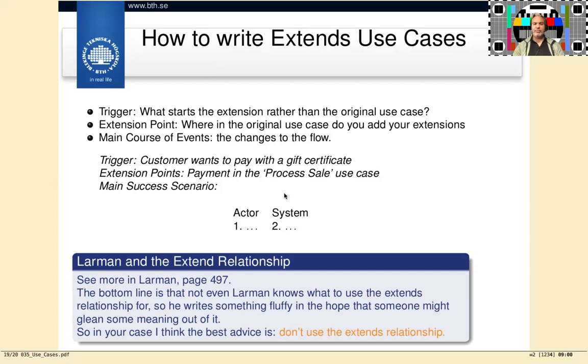I haven't seen them in reality, at least. I would suggest that you avoid using the extends relationship unless you're absolutely certain that this is the best way to do this particular use case. Then sure, but